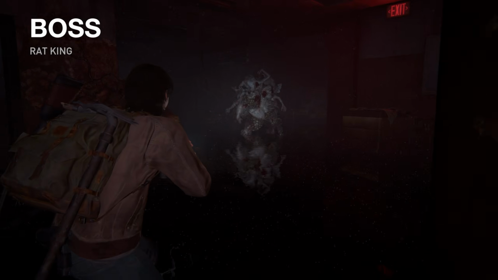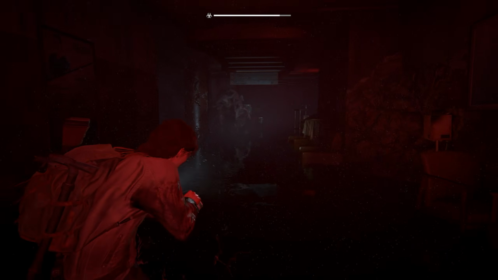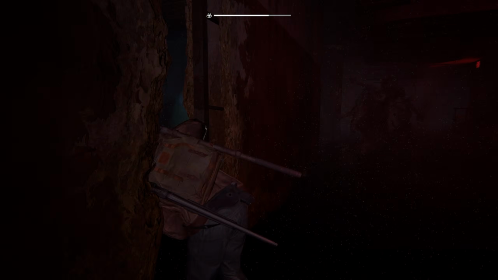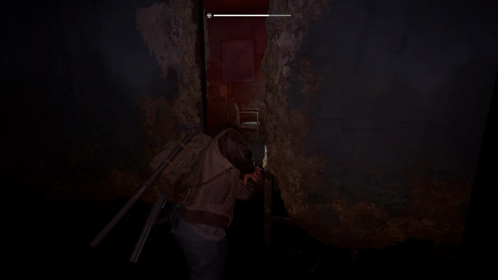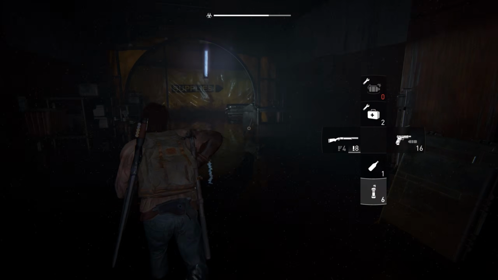Now, just be aware of your surroundings. Make sure you can get away quickly, and other stuff. I'm going to start out with my trap mines being used. I'm going to bait him over here now. There he goes. Oh shit, what the... That's not what I tried to do. Okay, well that one's...